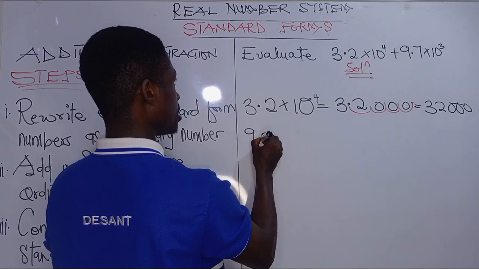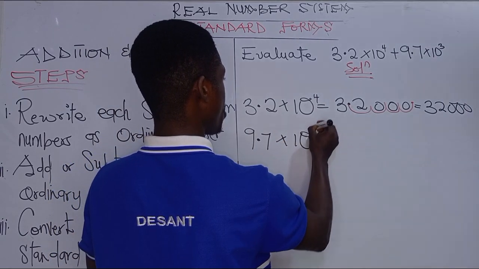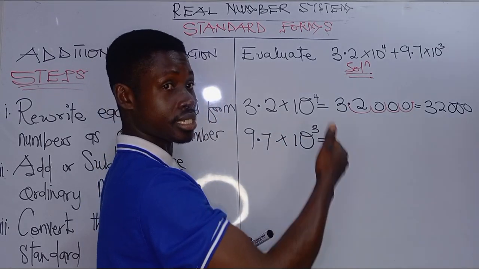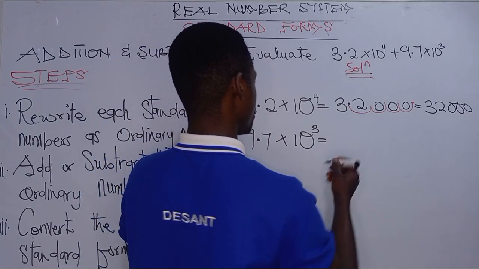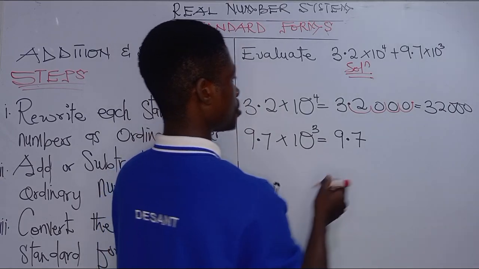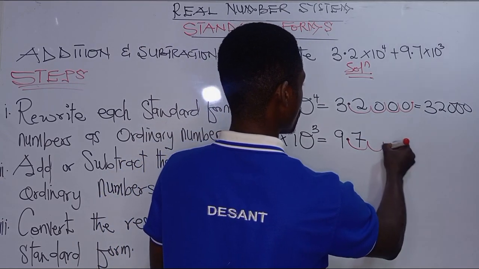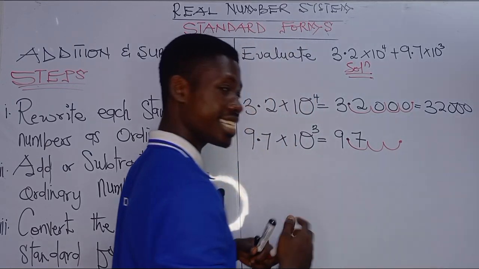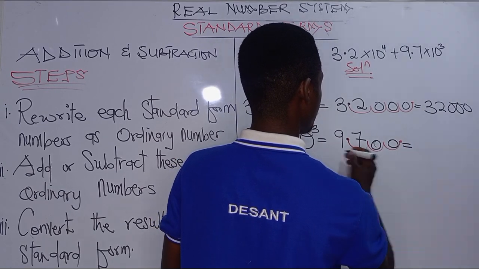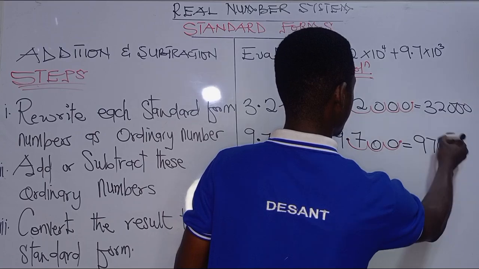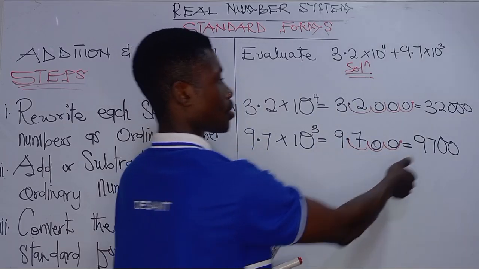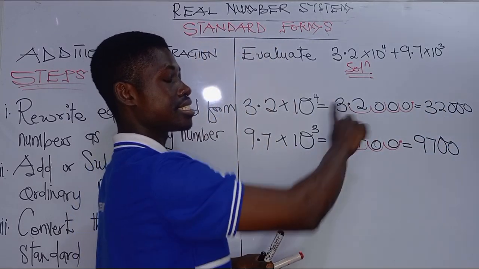Then we move on to the next standard form number, 9.7 times 10 raised to the power positive 3. With this, we move the decimal point 3 places to the right: 1, 2, 3. Our point is here, and then we fill each gap with 0: 1, 2. So our number becomes 9700. After expressing each of these standard forms as ordinary numbers,